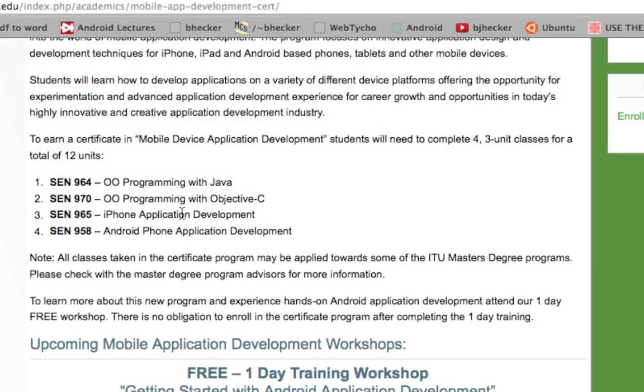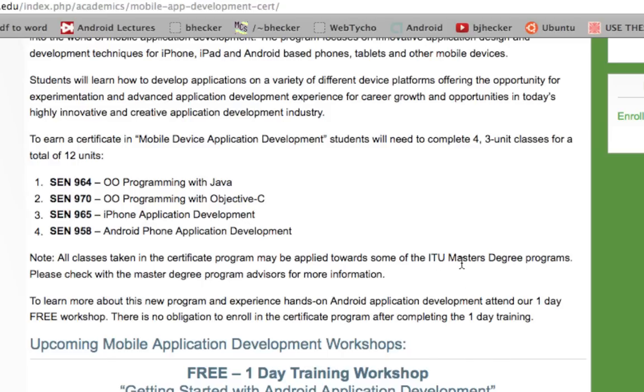Or if you're thinking about getting a master's but you don't want to commit yet, you want to see if this is something for you, you can start with the certificate program and then later decide, well, I want a master's in software engineering or computer engineering or engineering management, and then apply these courses that you've taken towards the master's degree at ITU.